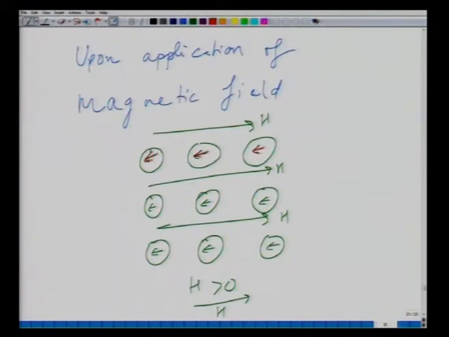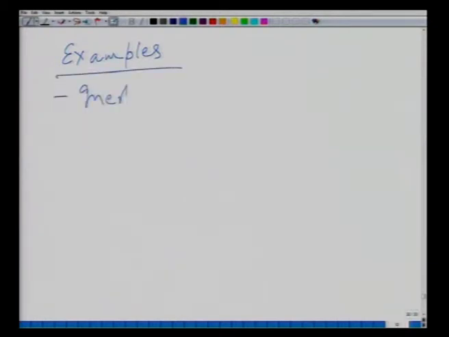Let me put a different color so that it's easy to recognize. So, this vector is M. So, M opposes H. Now, examples of materials which show such an effect, purely diamagnetic materials, are inert gases, hydrogen,